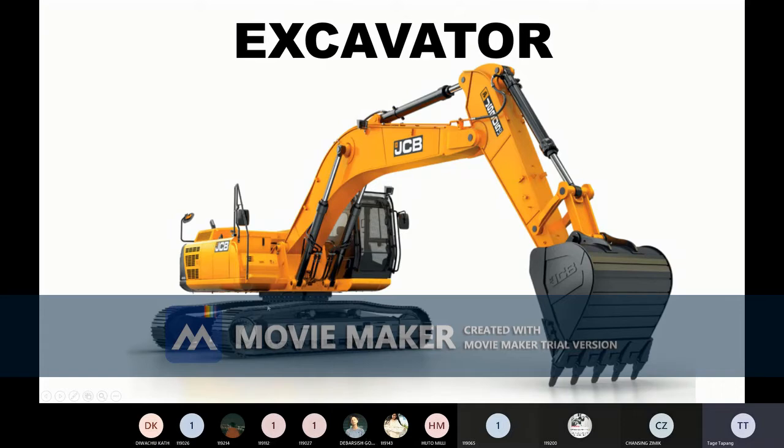This is your undercarriage. This portion is your housing. In the housing portion, you have your cabin for operator, some place for engine, motor, and there is counterweight. From this house itself, this boom is extended. That means one portion of the boom is connected to the house, the other portion to stick or arm. So stick again, on one side it is connected to the boom and on the other side it is connected to bucket. Alright, so in this way, that is the basic construction of an excavator.